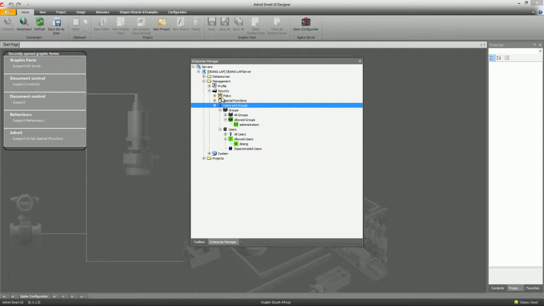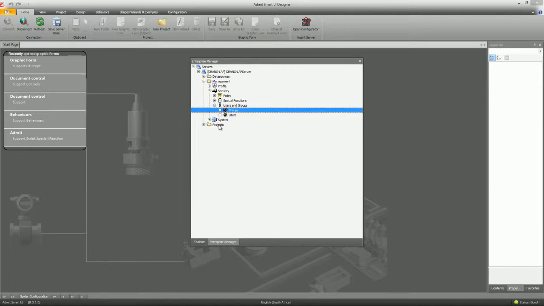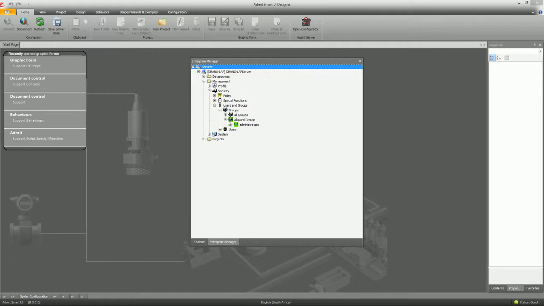Once we've exposed the user, we then have to add that user to the required data sources and projects so that the users can then access them. As you see, we have two subgroups of our users and groups. Obviously this is our groups. Within groups, we'll have all the groups that are available to us, and under allowed groups, we then have our currently exposed users. So I'm going to go along and set my allowed user here,